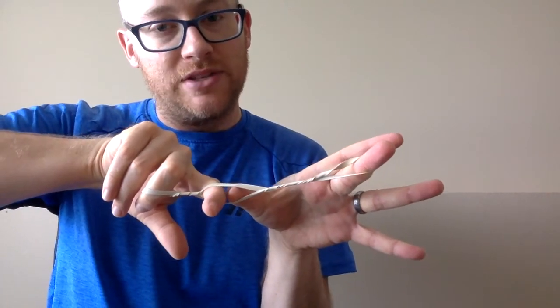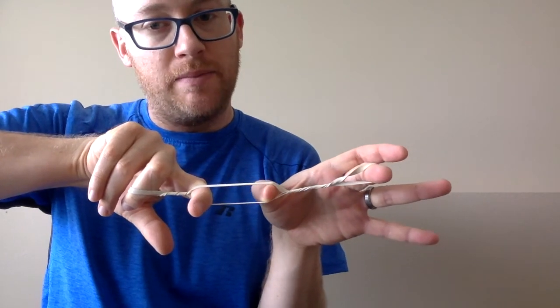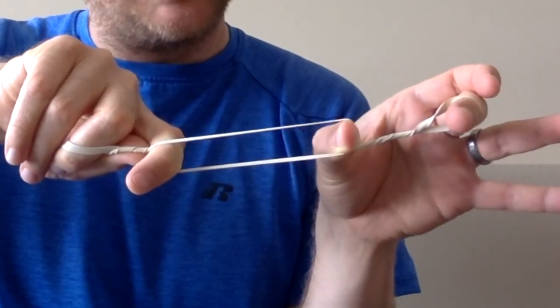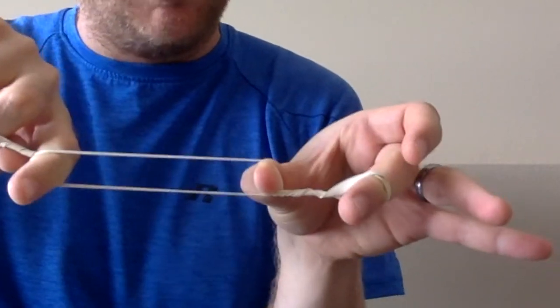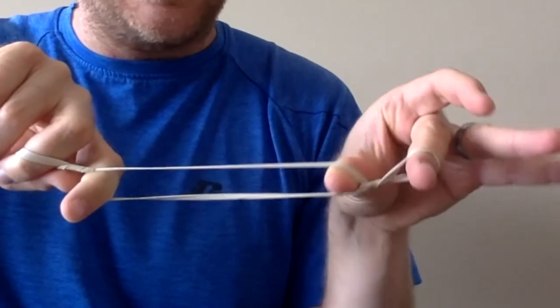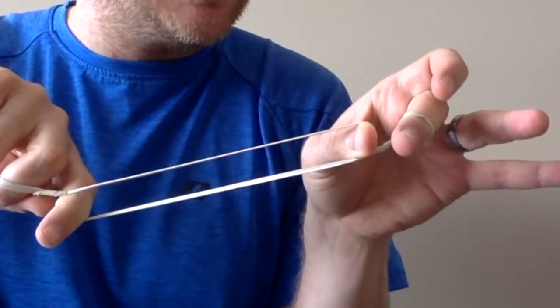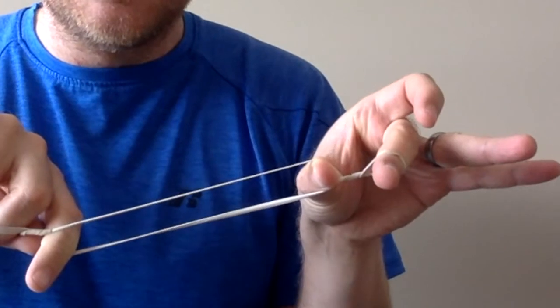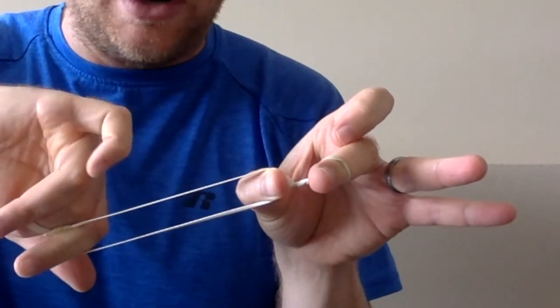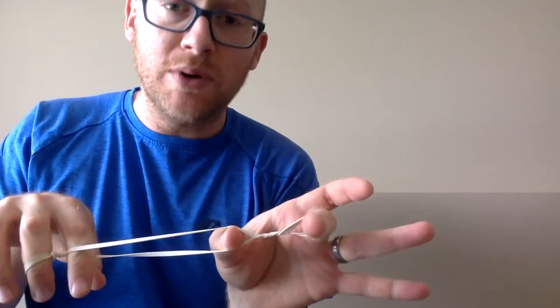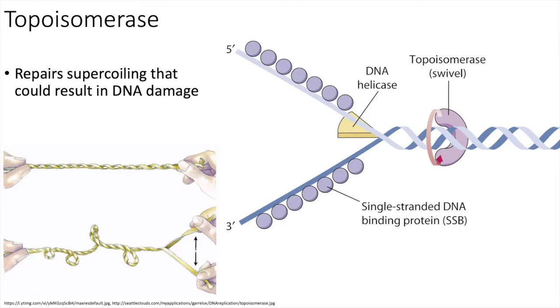So our helicase is going to open it up, and it's going to start pushing this way. I want you to just watch what's happening. It's going to push, it's opening up, which is great. So it actually really looks like this. And then as I get closer and closer to this end, you can see what's happening. All the twists and turns that were in here are now being slid to this end. And you get what we call supercoiling, as you can see here, which is fixed by topoisomerase,